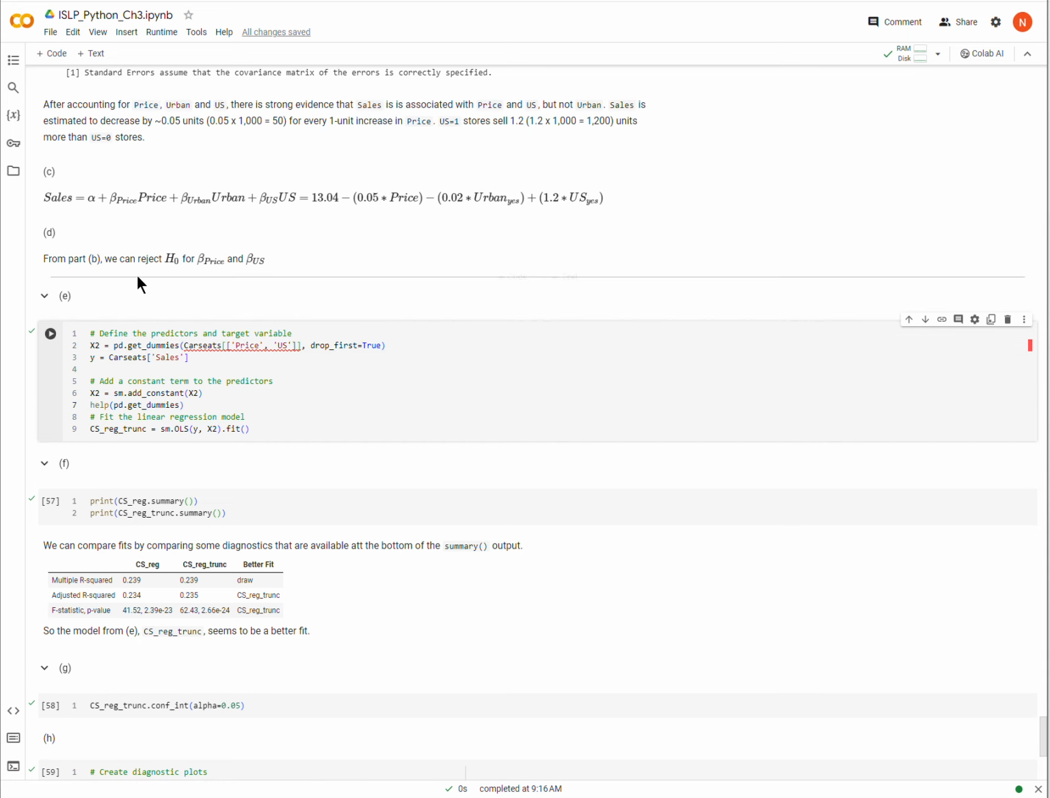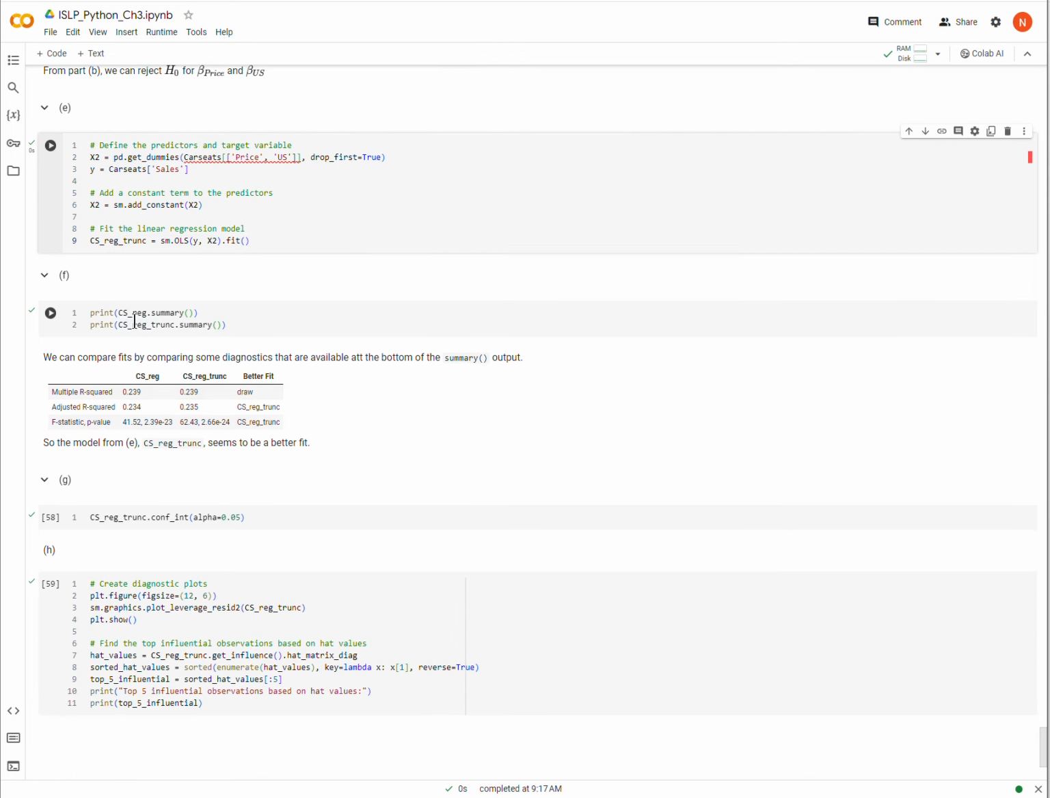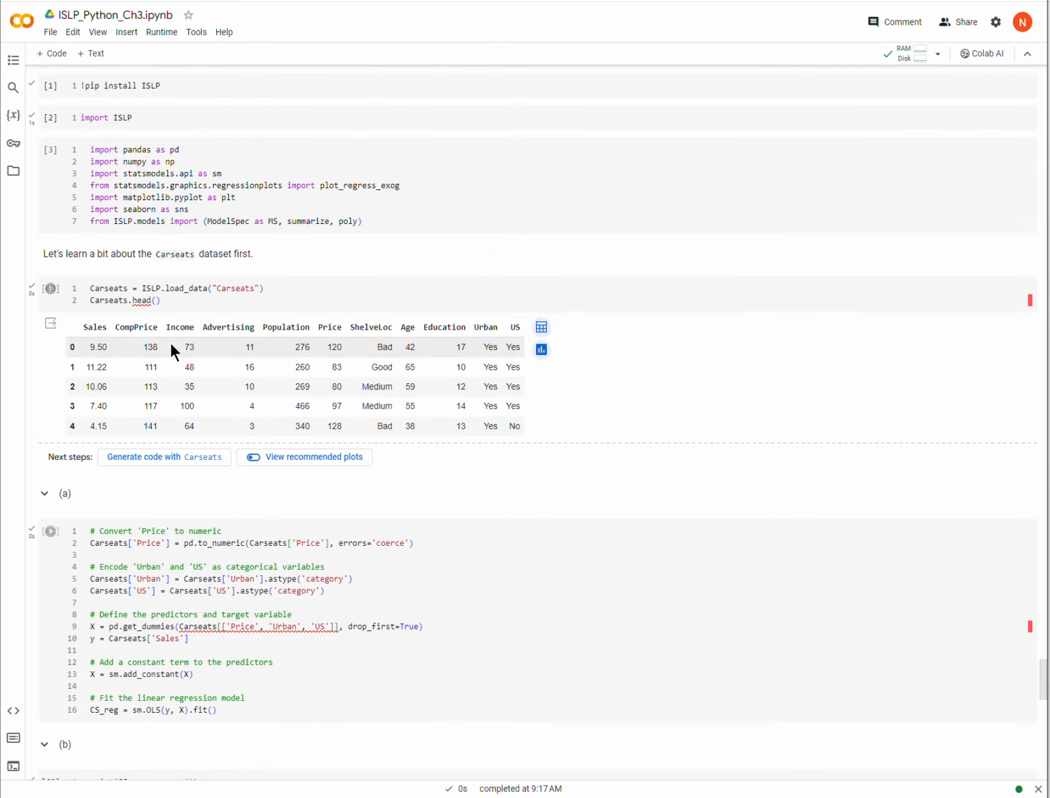Okay, sorry, I had a little glitch. Anyway, so we need to get different data, or just a subset of the data. Okay, again, add a constant to it so I can estimate the intercept, and then I am going to run a new regression that I'm calling CS reg trunk for truncated. Okay, so I run this guy,